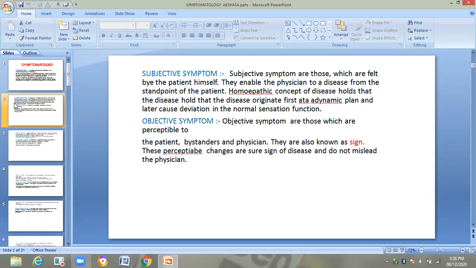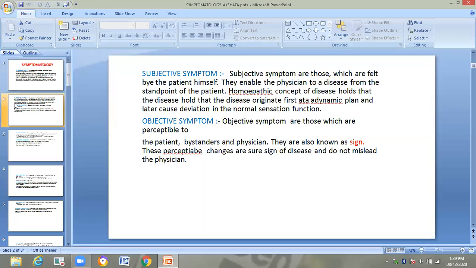All types of pain, all types of discomfort, then various sensations and mental symptoms come under the subject of subjective symptoms. So which are subjective symptoms? Those which are felt by the person. All types of pain are only felt by the person. We cannot know by observing the person how much exactly he is suffering, or how intense the pain is, because